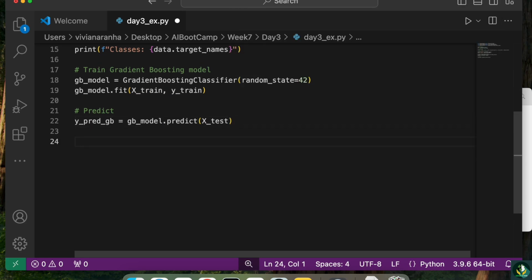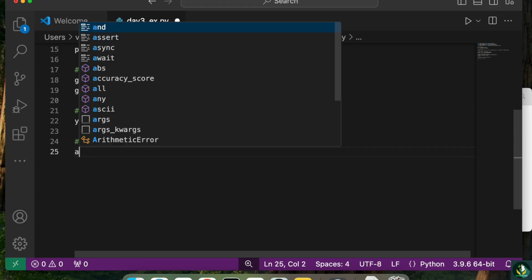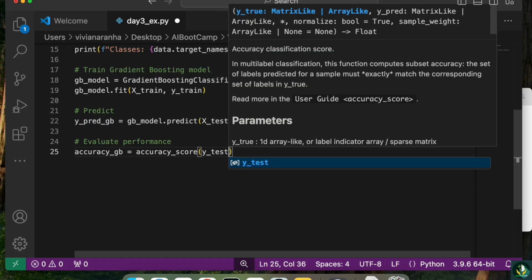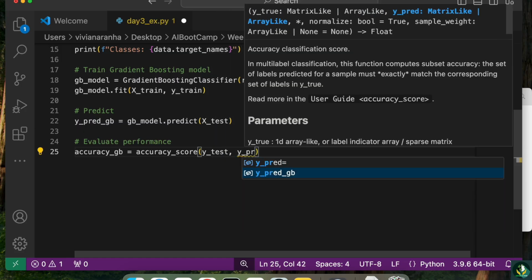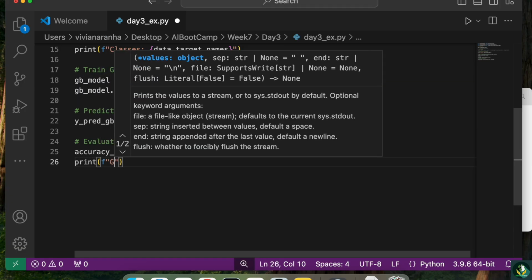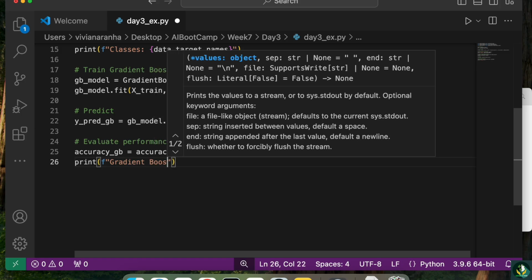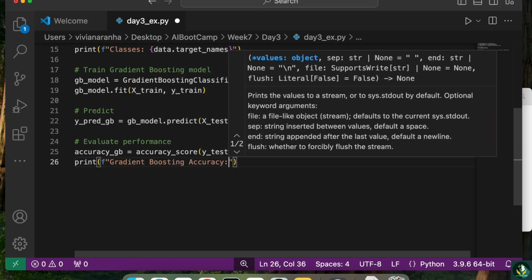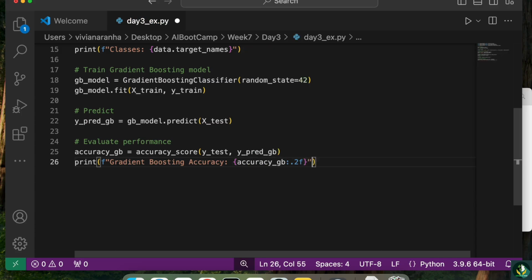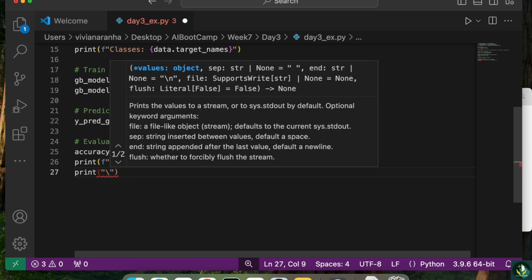So once I'm done with that, now I can go ahead and evaluate performance of this model. I can say accuracy underscore gb equal to accuracy score and pass it y underscore test and y underscore pred gb. Let's go ahead and print these data out so we can check it out. I'm going to say gradient boosting accuracy is accuracy gb 0.2f. I want to see the entire thing, so just 2 decimal places is good, \n